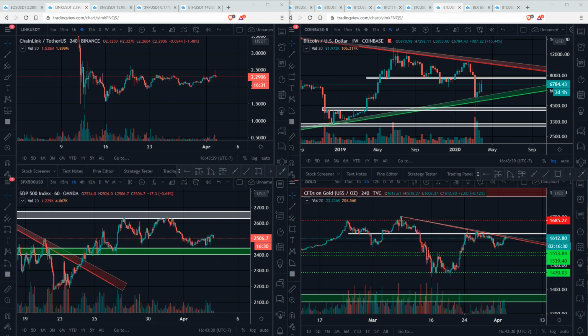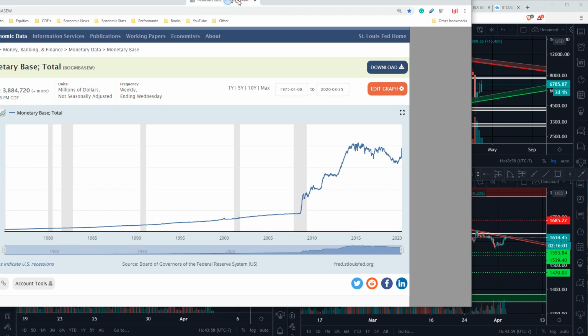In this video, we're going to be covering two charts from the FRED website. One is going to be looking at the total monetary base. This is going to be the amount of money that's in circulation, and you can see the quantitative easing and the increased supply in that chart. And also, we're going to go over the initial claims, which is the unemployment claims filed, and this is presented on a weekly basis. So first things first, let's actually look at the monetary base because that is a little